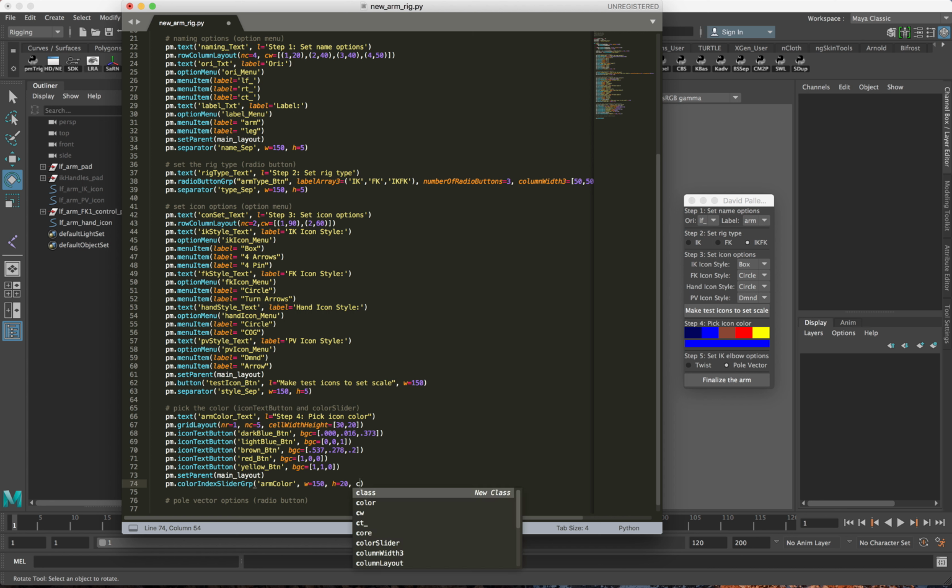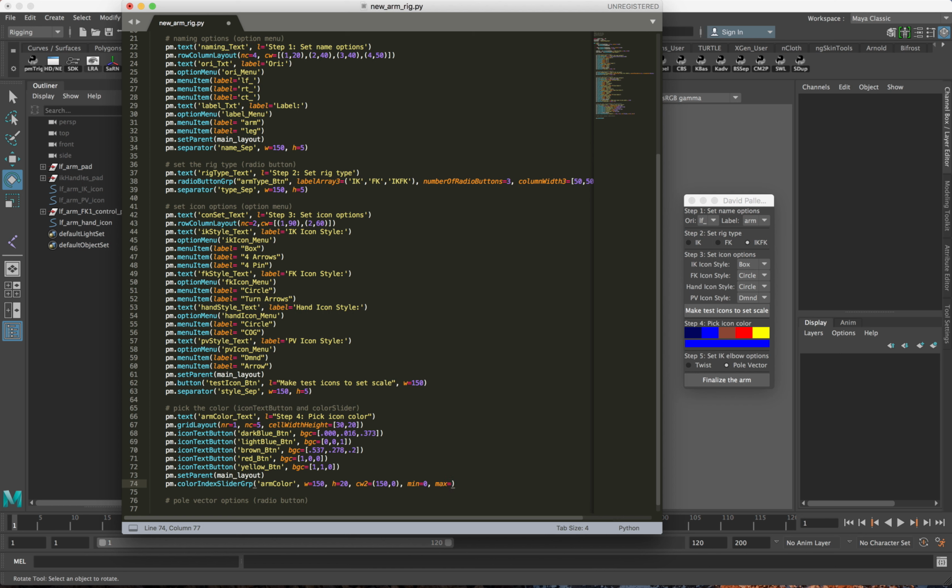And I'm just populating this with, as you can see, there's really only one object in here. It asks usually for 2 objects with the color index slider group. And since I only really have one, and I don't need a label or anything like that, I just make the first column 150, the width of the window, and the second one 0. So now we got min equals 0,